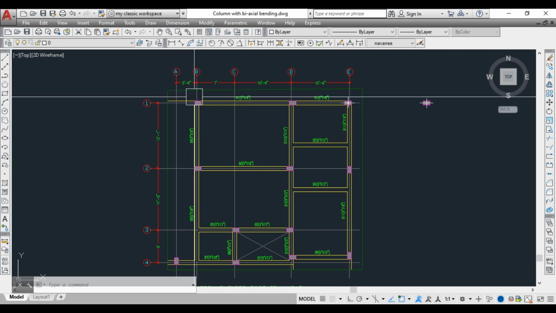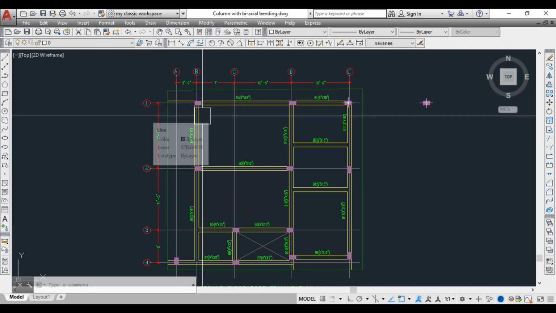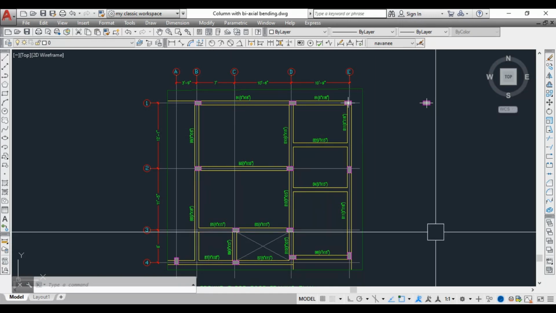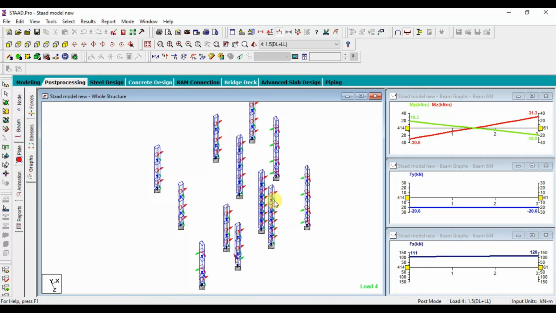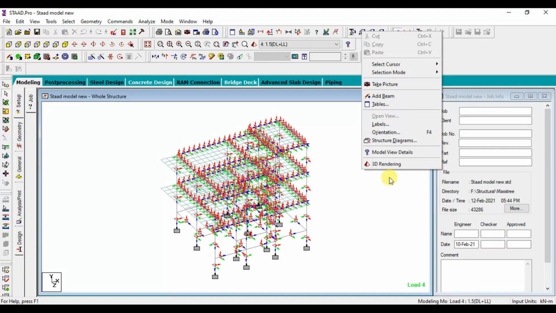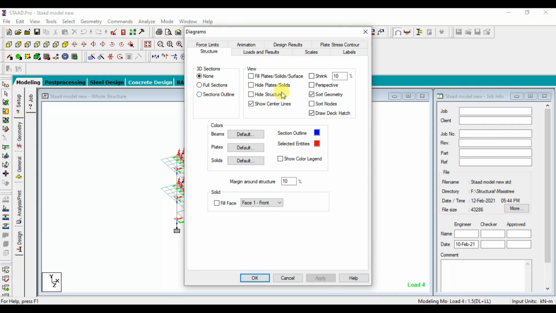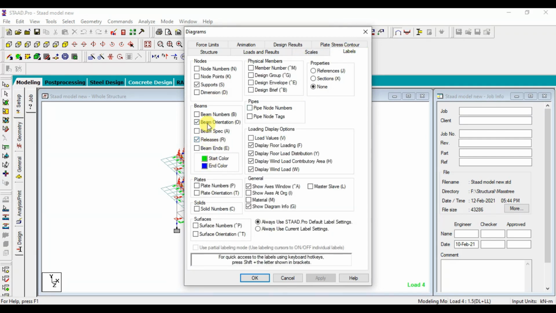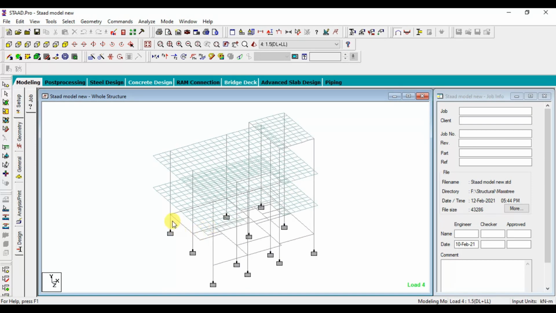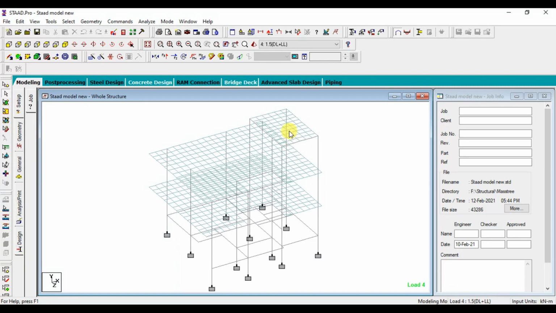I have designed the same layout in StaadPro. So let's take this corner column and get the moment and load value from the StaadPro software. And then let's design the same for axial load with biaxial bending. So this was the column layout. This was the column details. If you want, let me show you the whole thing. Let's go to modeling mode and let me switch off this one. Beam orientation, apply, okay. So this is the layout like I had designed for G plus 1 plus terrace.